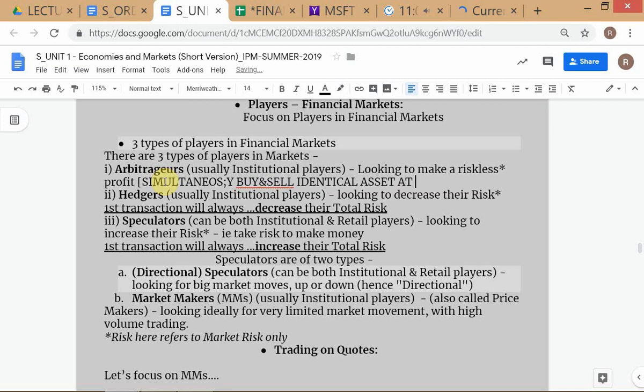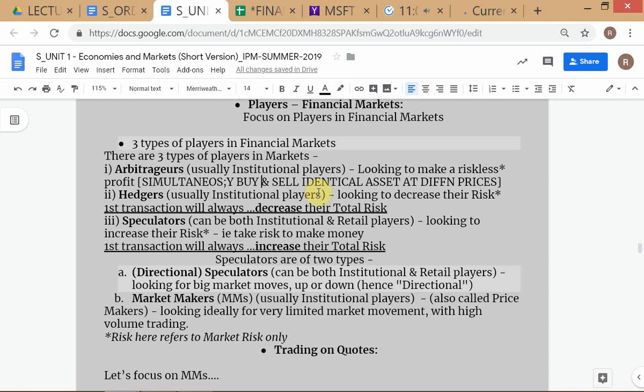I'm writing in short form to fit it all into one line. A very shorthand definition of arbitrage, which we will spend more time on later, is the simultaneous purchase and sale of the same asset. If I find somebody selling gold in Pitampura at, say, 1500 rupees, and another person in GK2 selling at 1200 rupees, I buy from that fellow at GK2 at 1200 rupees and sell it to the guy in Pitampura.